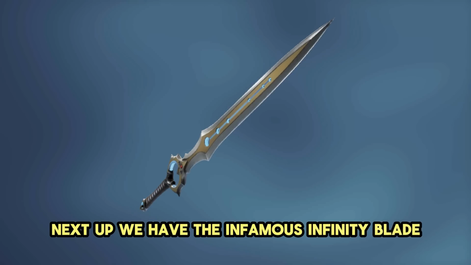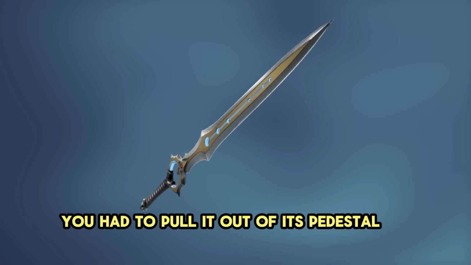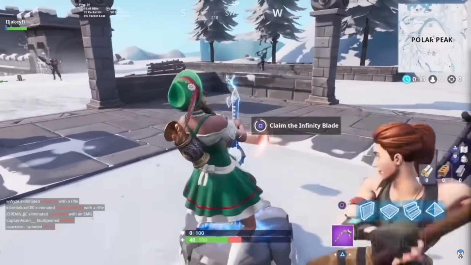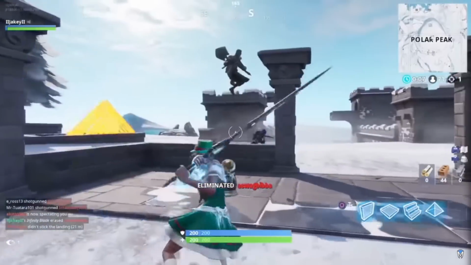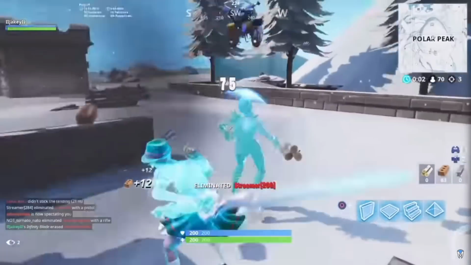Next up, we have the infamous Infinity Blade. It was introduced in Season 7, and to get it, you had to pull it out of its pedestal at Polar Peak. It was a huge sword, and you could swing it around dealing 75 damage per swing. Once you equipped it, everything else in your inventory would be dropped. You weren't able to carry any other items at all. You could also use it to jump up and slam down to deal damage, as well as using it as